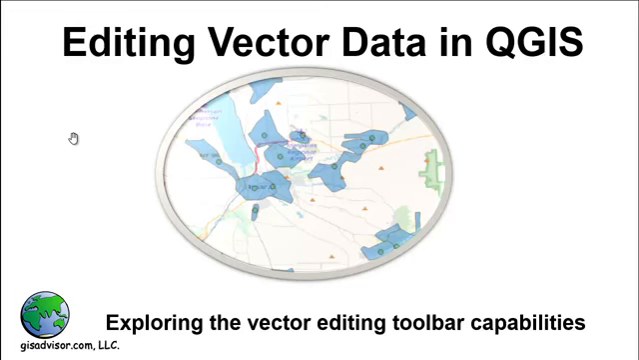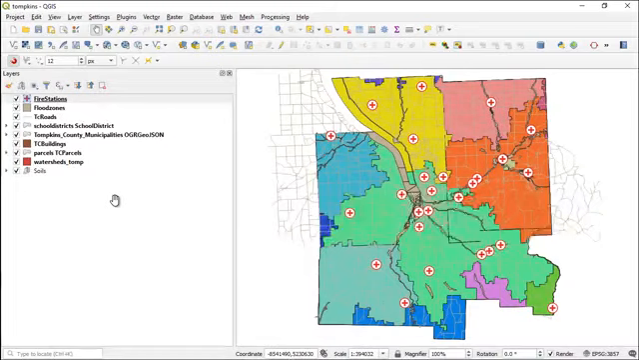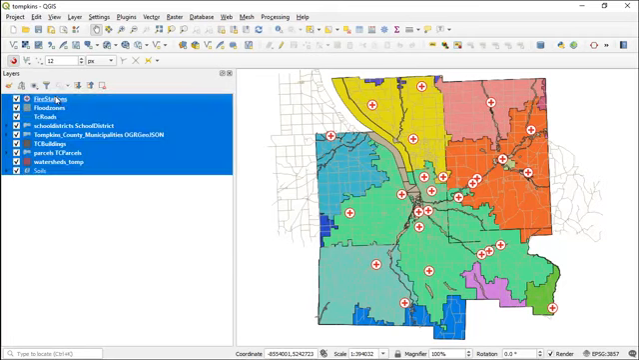Well, any good GIS should have excellent editing capabilities, and QGIS is no exception. So we're going to look at vector editing in QGIS, and we're going to look at the vector editing toolbar to illustrate that. So I'm inside of our Tompkins QGIS project, and what I'm going to do is let's just